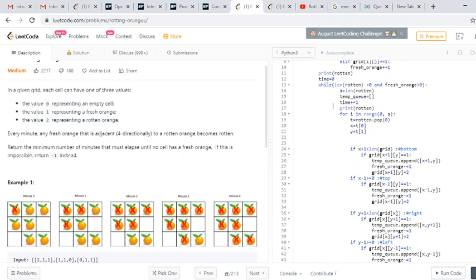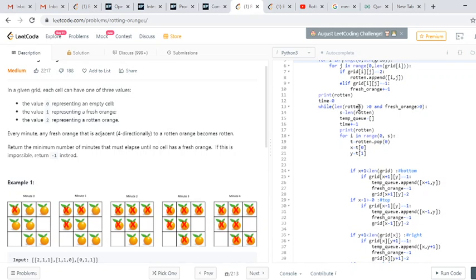Now coming to that, I put time equal to 0, and now I'm checking that the number of rotten oranges has to be greater than 0, and fresh oranges has to be greater than 0. In that case, I am putting all those oranges in a temporary queue.